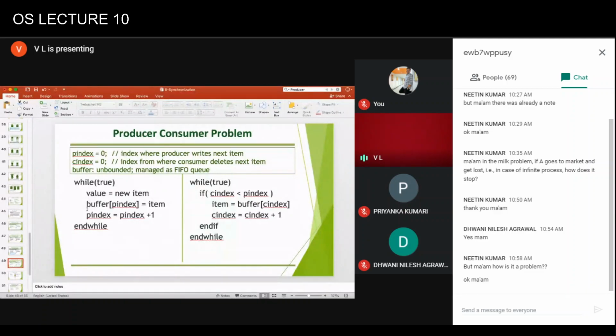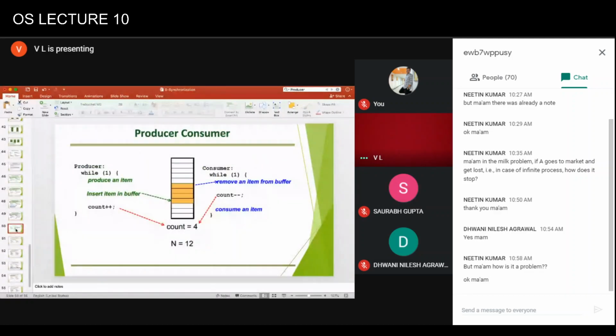The race condition can be avoided because the producer is writing to it and the consumer is always reading from it. The race condition arises when both of them are trying to write it. Of course, there could be a problem that the producer has written, but the consumer might be reading the old value. Even so, there is no problem. The consumer will not consume the item that has been produced yet. So it is quite possible that the consumer may not consume items even if they have been produced, but that will result in a delay. Otherwise, it is okay.